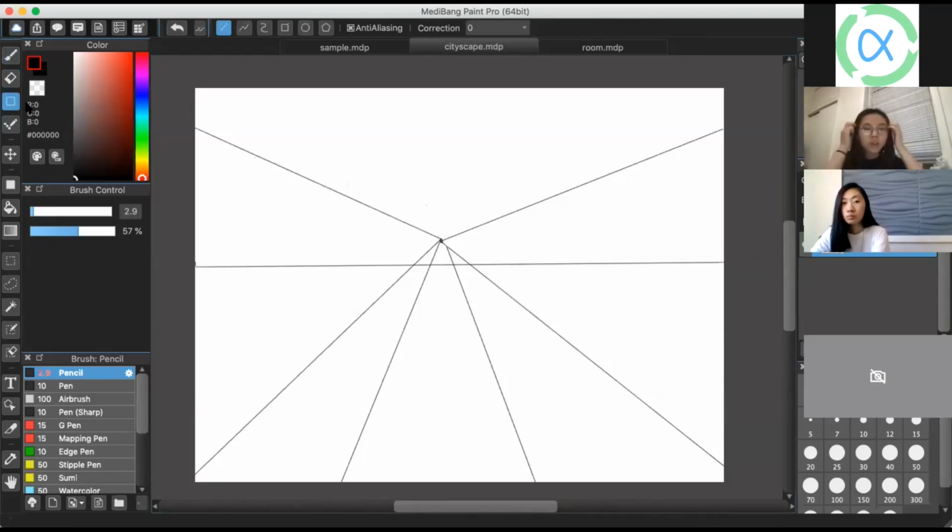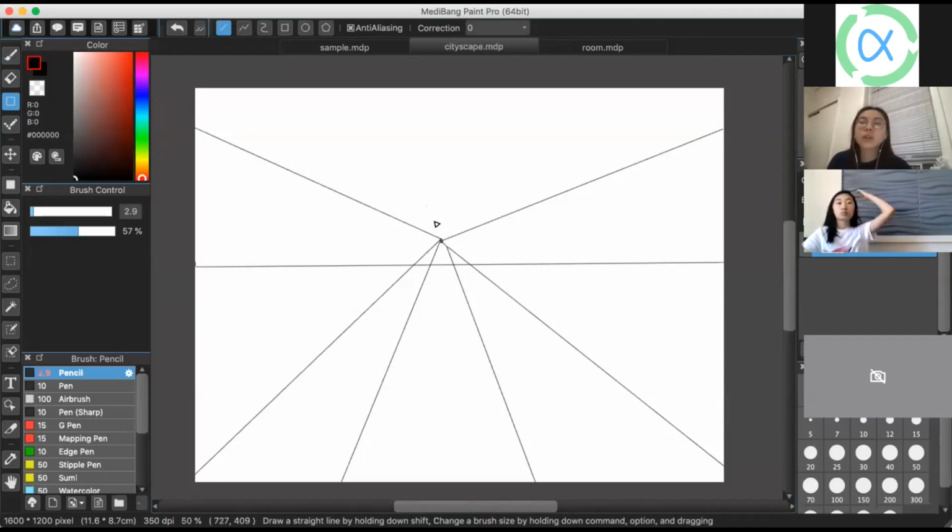So since we're going to be drawing buildings, buildings mostly look like a rectangular prism shape. While we did learn how to do that freehand last week, we're going to use a ruler just for this practice. But as you advance in your skills, or you practice more, you can totally do this freehand. So first, we're going to put a building right here. Where I'm touching, you want to use your ruler. Then draw a line from your ruler all the way to the bottom